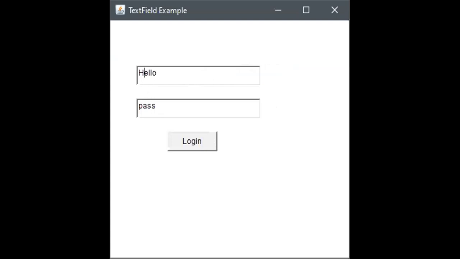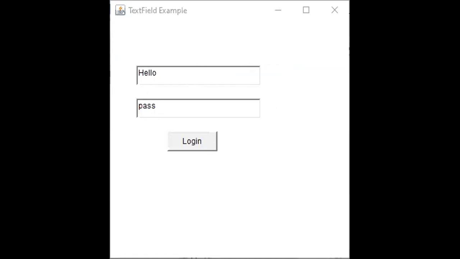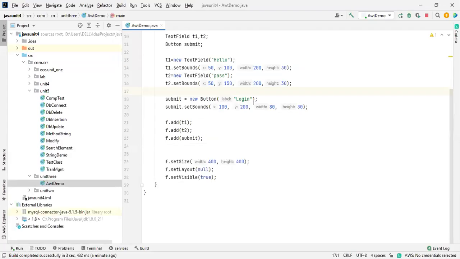I'm saying AWT is very easy and fun also. Just practice it. Like I want to go for a registration and all. What are all the things we require for the registration? There should be text fields and a button, isn't it? And there should be a label also, right? Text label, in the sense these are the text fields with the boxes. The labels, in the sense, directly we are giving the name over there, like username. This text field belongs to username. So for that we are going to work on.